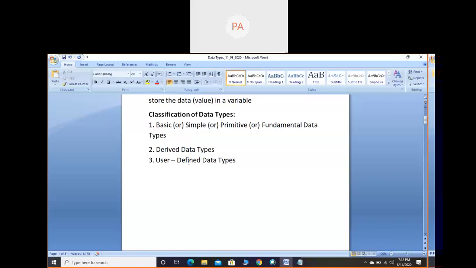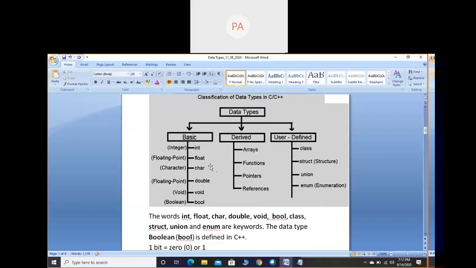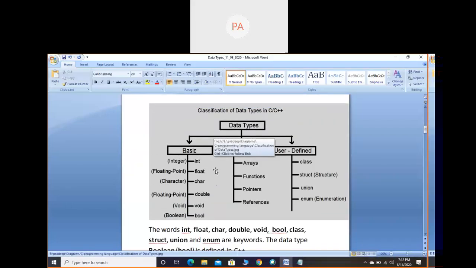The name itself tells you, defined means created. So if a programmer creates his own data type, that is called user defined. Okay. Now we'll go for classification here. So if you look at this classification,